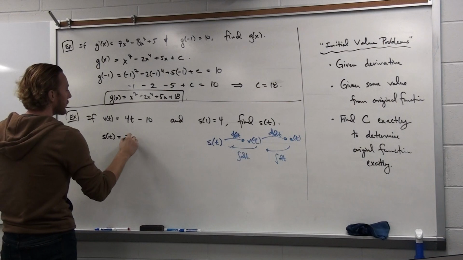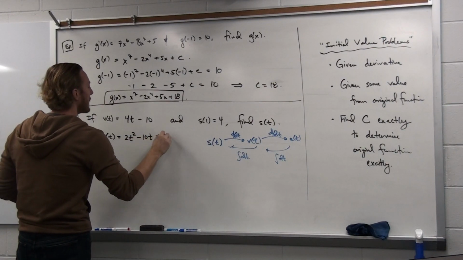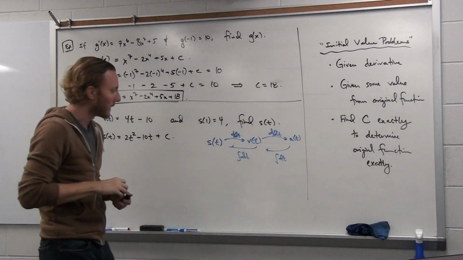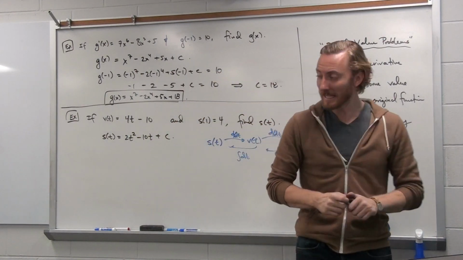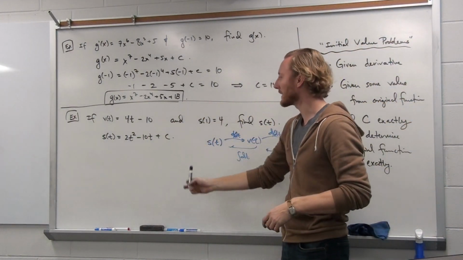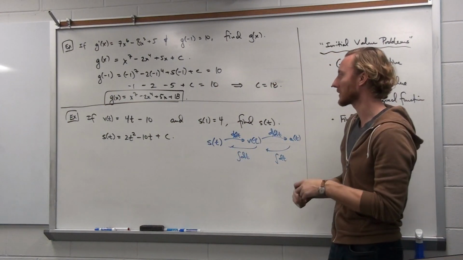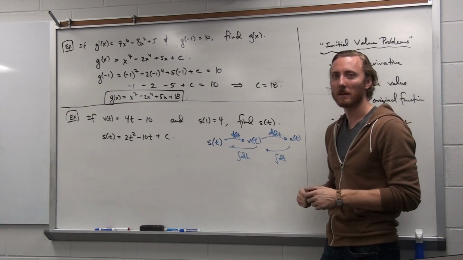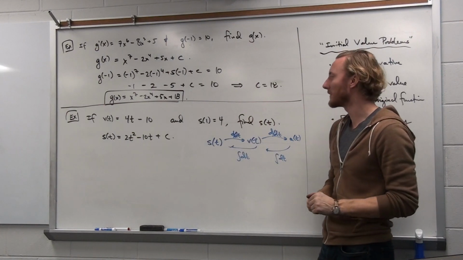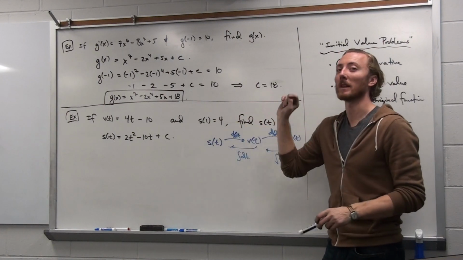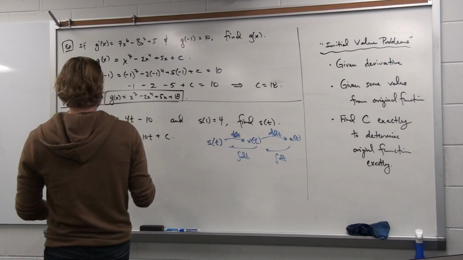So if you're given the velocity function and you want to find the position, take the antiderivative. Antiderivative: 2t squared minus 10t plus c. Now, here's the problem. The problem in trying to find s of t is not just taking the antiderivative. It's figuring out what c is. Because once we know what c is, we know exactly what the position function is. How are we going to find c? Well, let's use this other bit of data that we have, in particular, this bit of data that relates to the position function. We know that when we plug in 1,